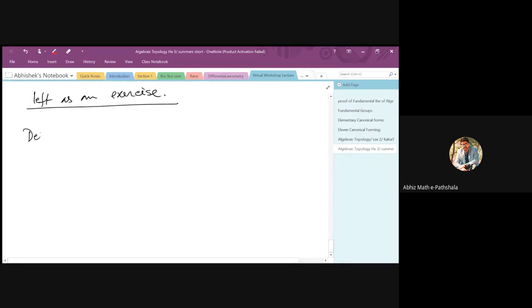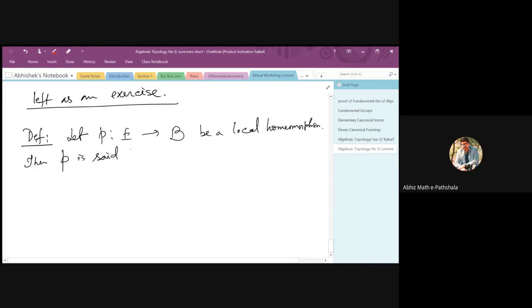Now I want to define one thing. Suppose we consider a local homeomorphism P. Okay, fine. Local homeomorphism. Then P is said to have the path lifting property if